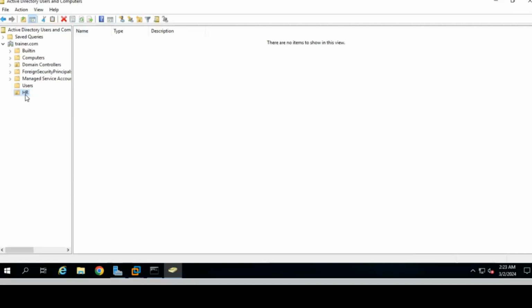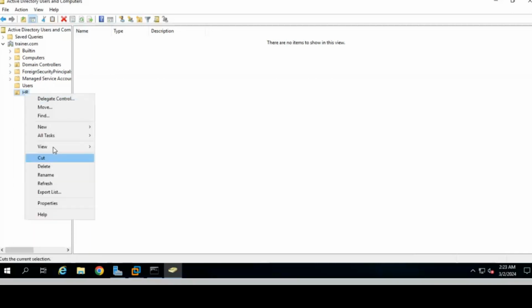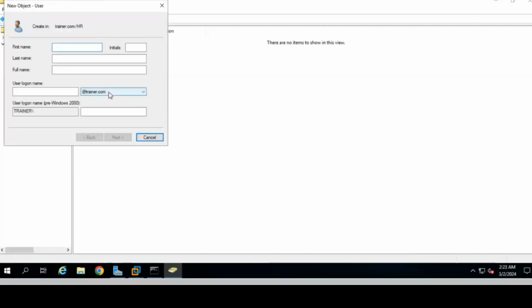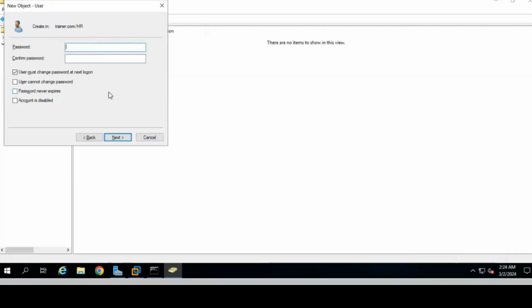Under this HR, now we can create multiple users. Right click on HR, then go to New and User, and create a user. Earlier we had a new user. Now I'm creating user one, and in the user logon name I give user one.